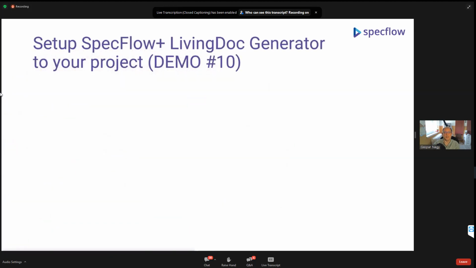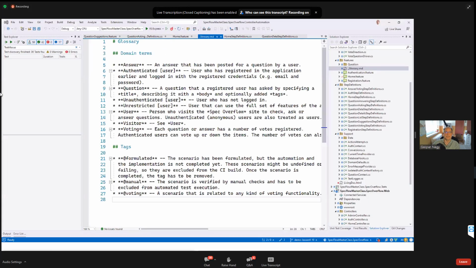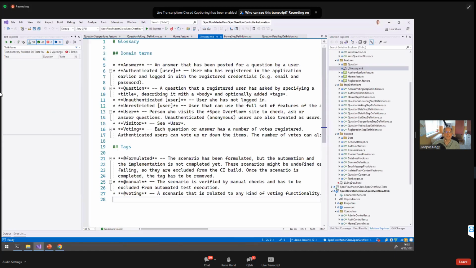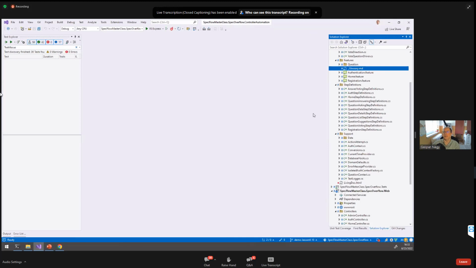So I would like to quickly show you how this thing should be done. I will have two things. One, I will show you how to set up the living doc generator, and then how to generate an actual living doc out of that. So for that, I just need to reset my project. And yeah, so this SpecFlow plus living documentation generator tool is actually implemented as something called the